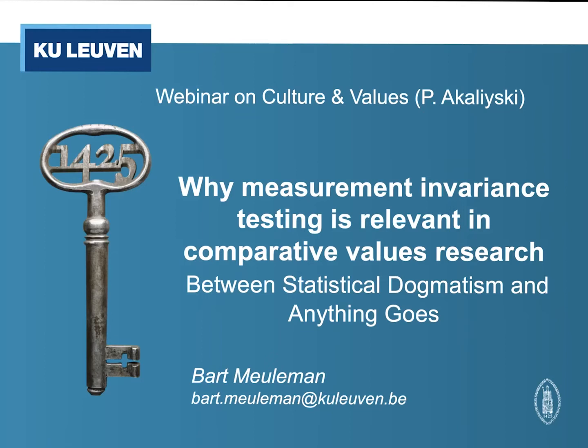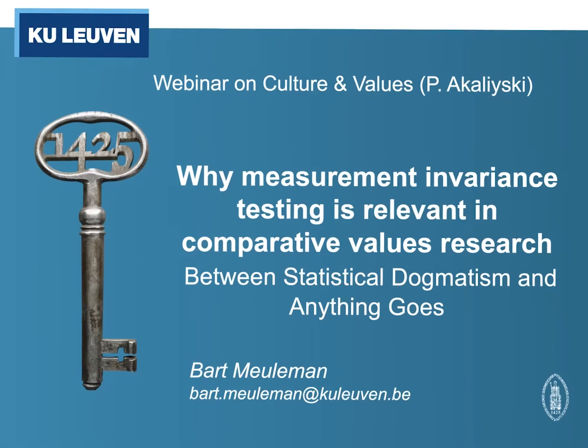And maybe to start, a bit of background: why this topic. In recent months and years, there was some discussion back and forth between several colleagues in comparative research. These tests for measurement invariance or equivalence are becoming more and more often used. They are becoming more and more prerequisites to publish in the domain of comparative value research. Some researchers see this as a welcome evolution because it could increase the methodological quality of the work that we're doing. But there are also some critical voices.